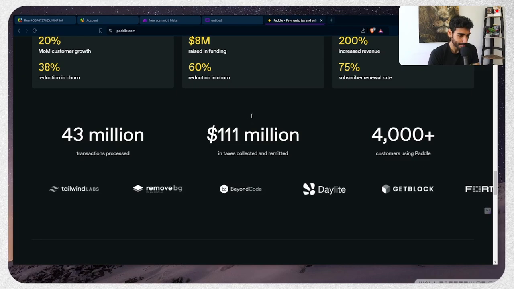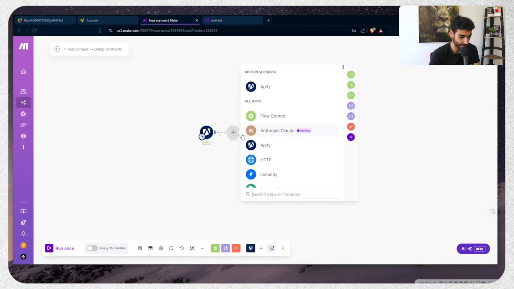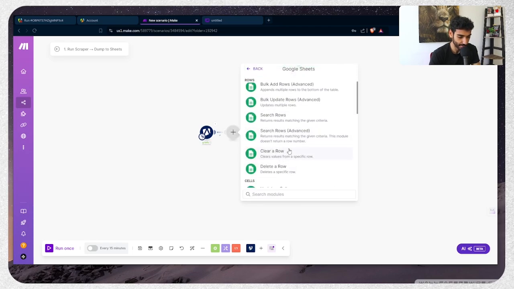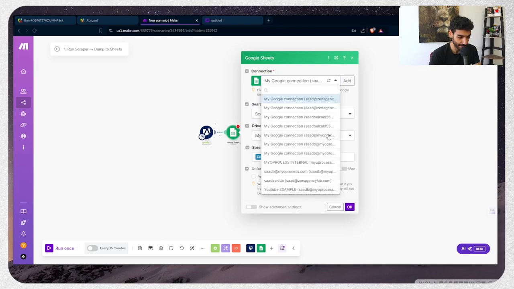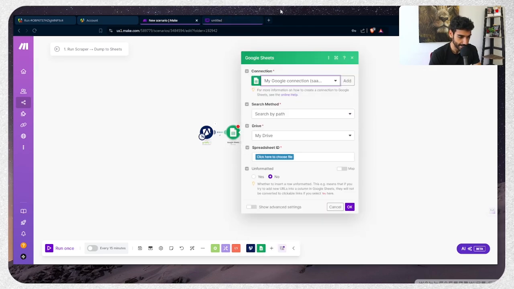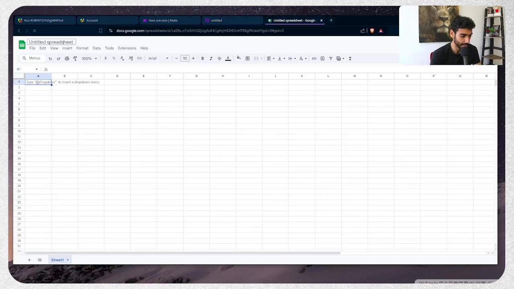So, all right. I'll just go back right here, and what I'm going to do is dump this into a Google Sheet. I'm going to look for Sheets, and it's going to be add a row. Then I'm going to map my connection, which is going to be this one. Then I'm going to create a new sheet, sheets.new, and I'm going to name this